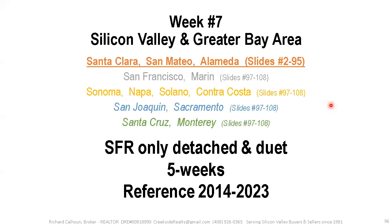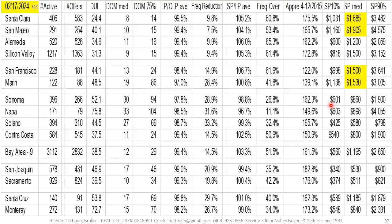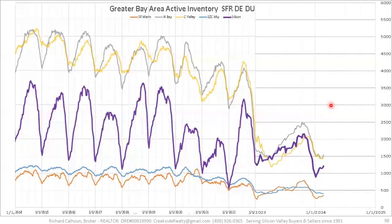Now we're leaving Silicon Valley and we're going to talk about the Greater Bay Area, which is 5 regions. Here are the numbers. Pick whatever metric you want that you think is most valuable for what you're trying to figure out. This is looking at the inventory. If you come back here and just go right after the first of the year, no matter what area you pick,